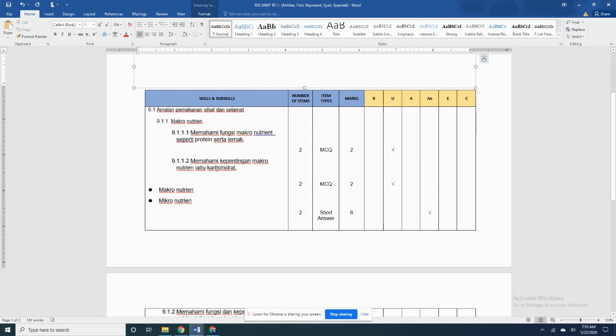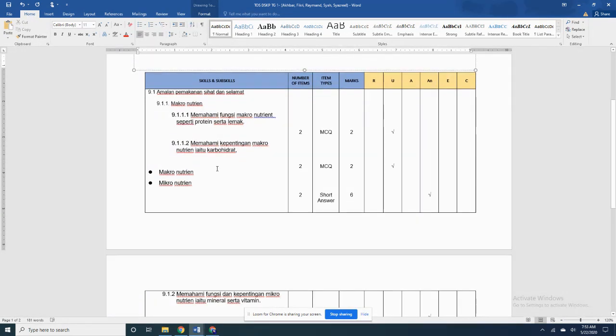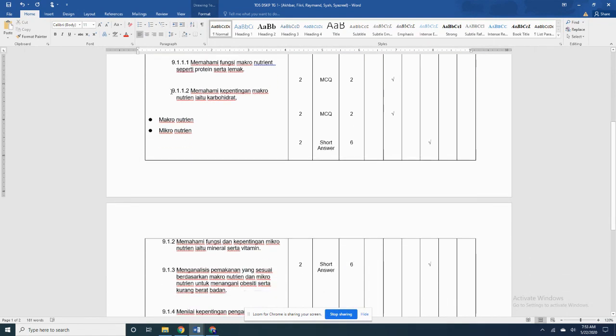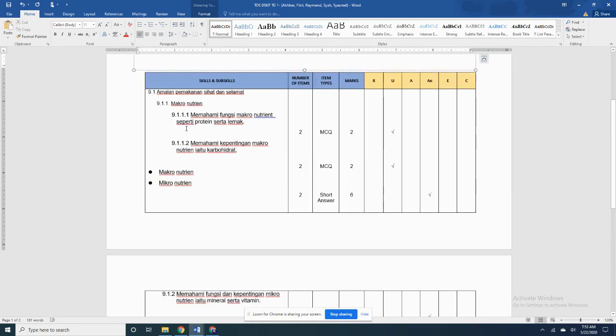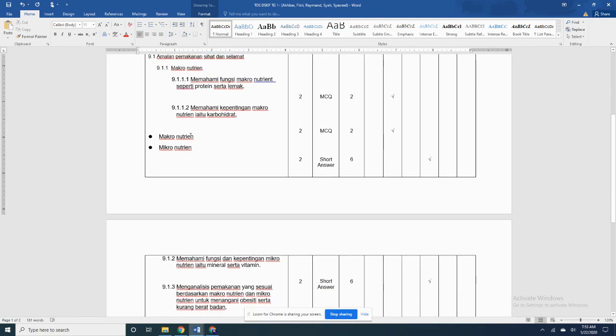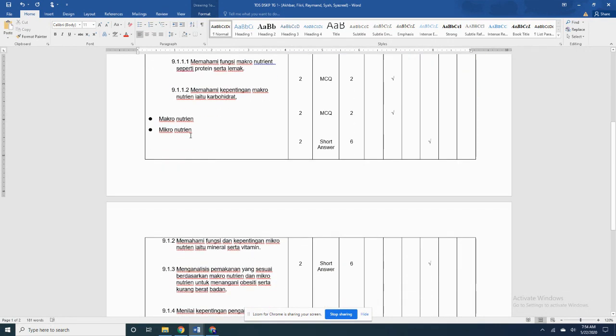Some questions are under micronutrient, but some questions fall under both. So you'll start with 9.11 macronutrients, and then after you are done with your items, move on to 9.12, which is your micronutrients, and then 9.13 for macro dan micronutrient, and this is where you put all the items that address both of these topics.